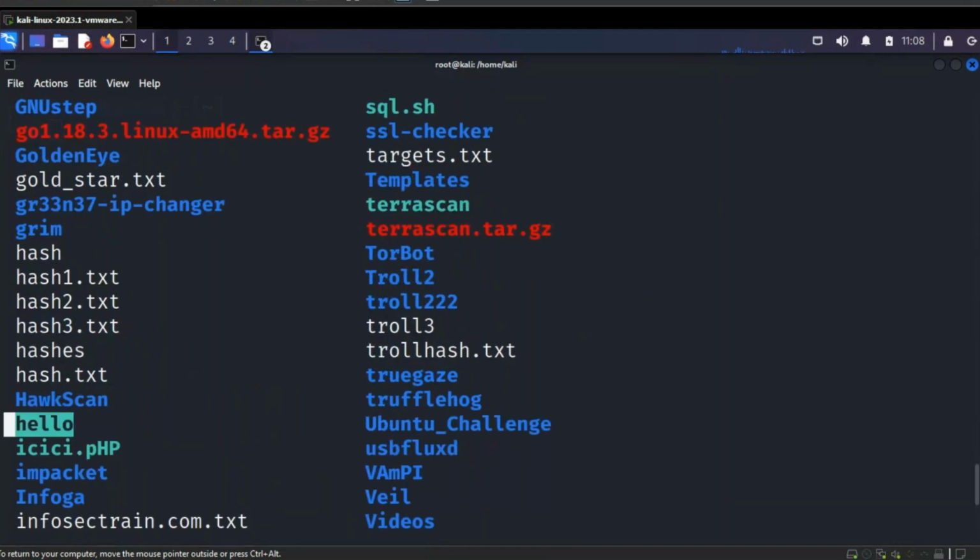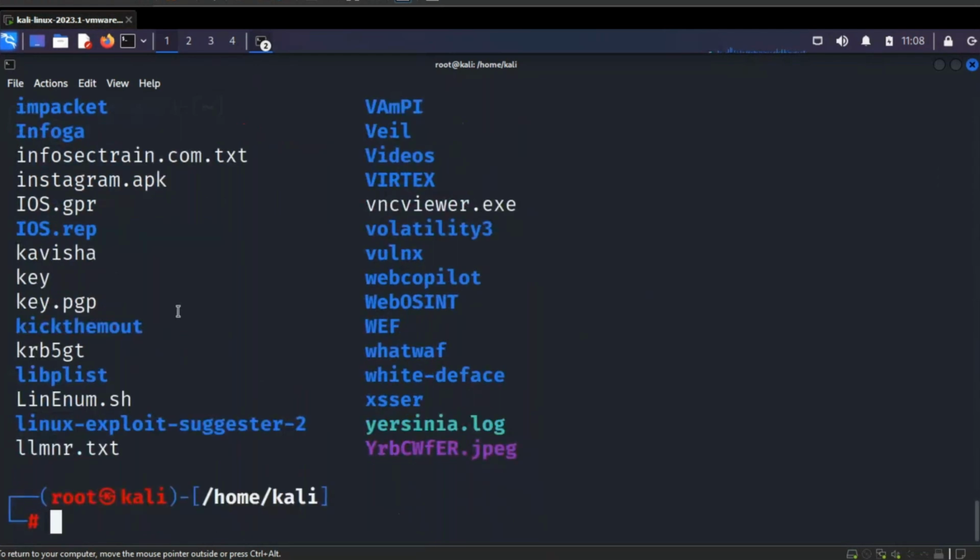So our binary hello is created, if you can see. Now I will load